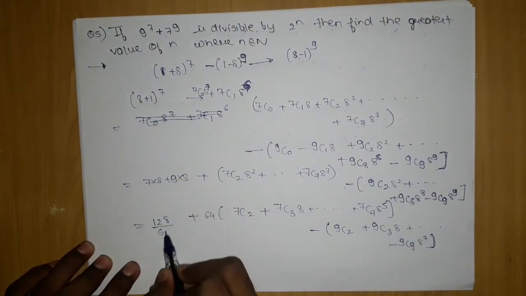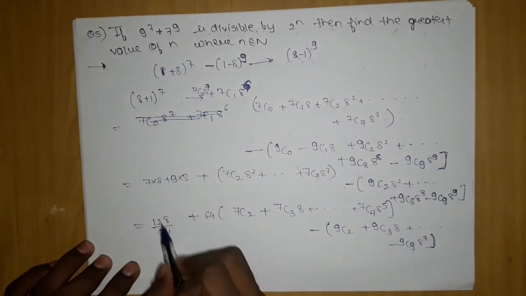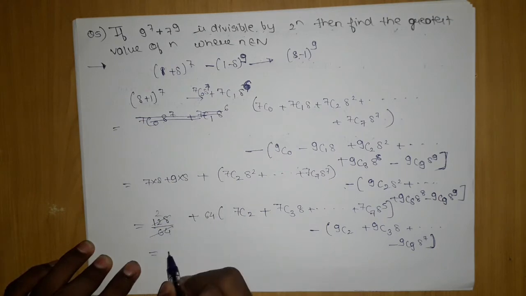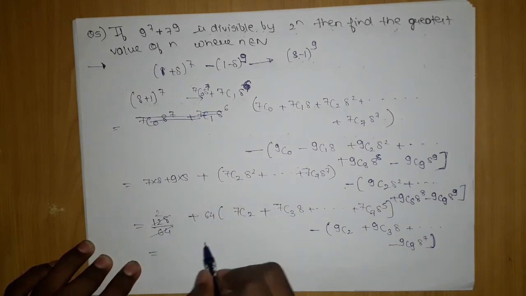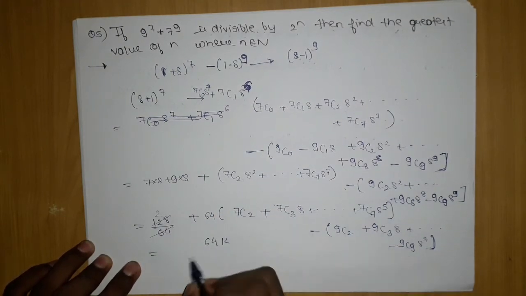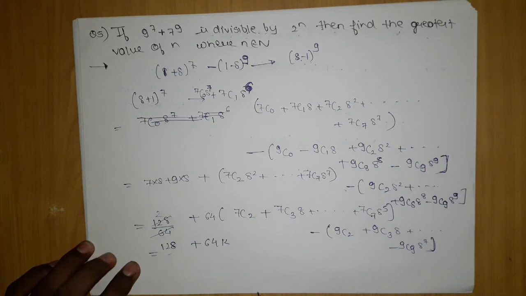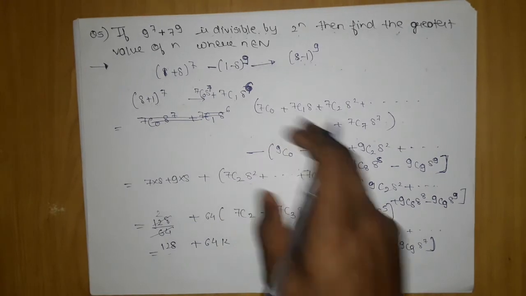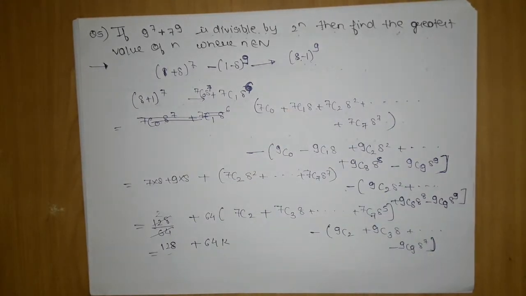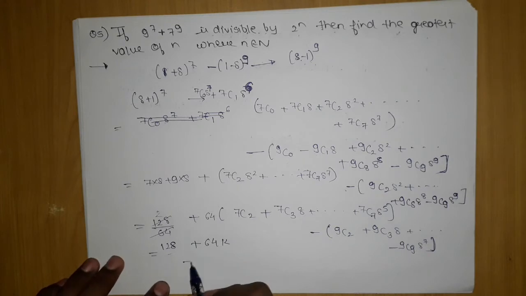Now if I divide by 64, is this divisible? Yes, it's twice of 64. This is divisible by 64, so our one job is reduced. Now this can be written as 64 into some constant, plus this 128 is also divisible, so the whole thing is divisible by 64. We cannot take any other, because the lowest common possible from both of these sets is nothing but 8 square. So the greatest possible number, which is of 2 power n, is 2 power 6, which is 64.